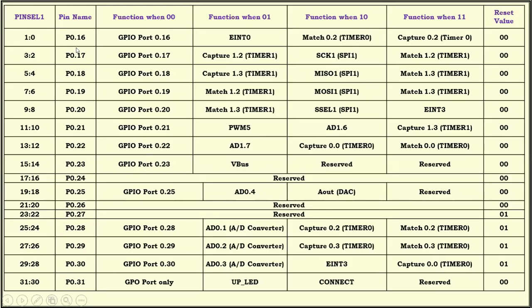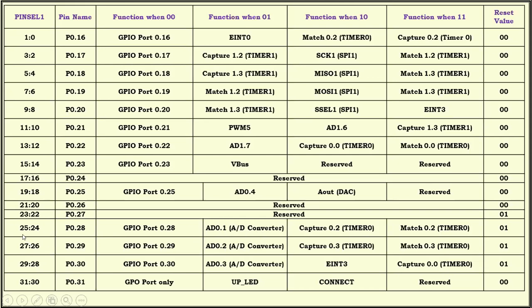Now here, actually, there will be a register called pin select register. We have pin select 0, pin select 1, and pin select 2 register. For detailed explanation, you can go for DAC interface video. There I explained in detail about the pin select register. Here, I told you already, we are using P0.28 as analog to digital converter. Actually, we can use P0.28 as a GPIO or A to D converter or timer 0. Mainly we are concentrating on analog to digital converter ADC.